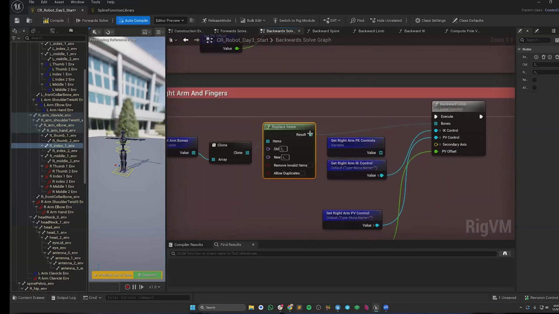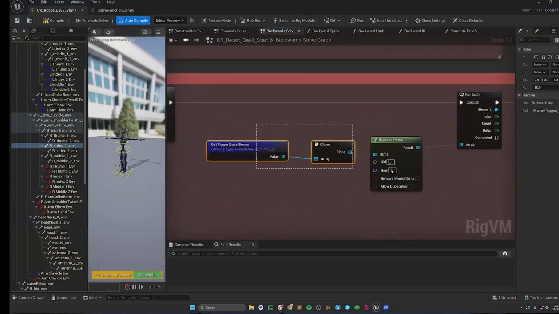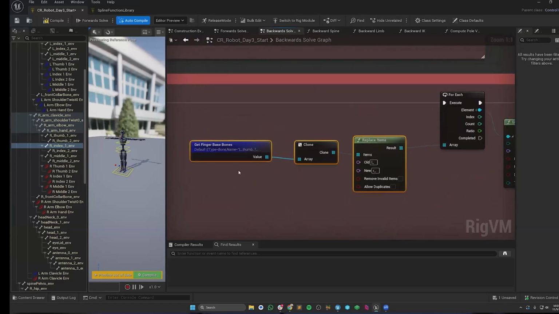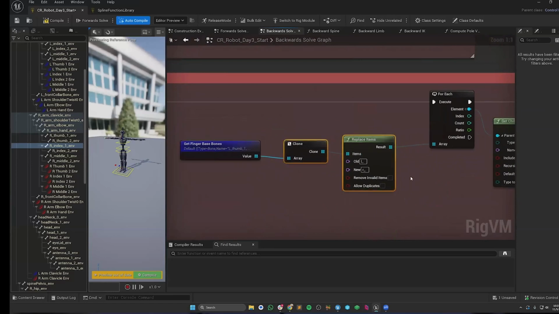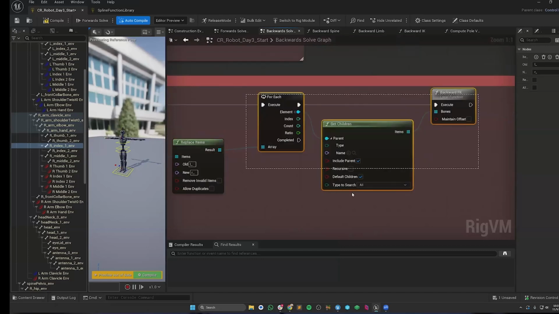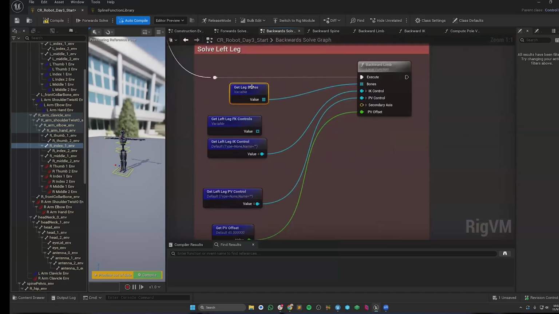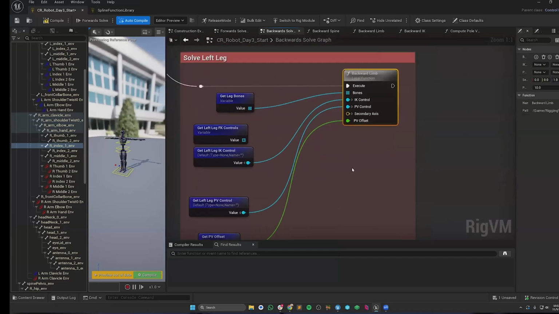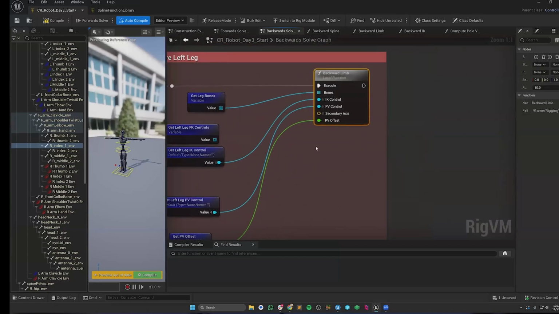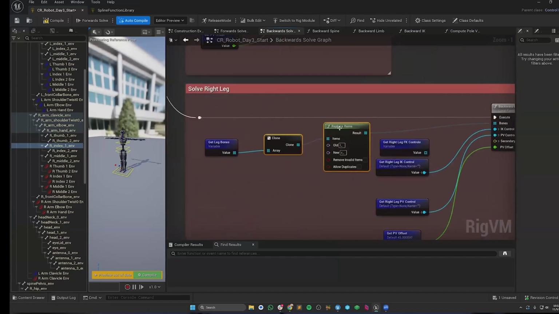And then he gets the opposite chain. He's getting all the right arm bones, and he's doing the same backward limb. And for the fingers, he's doing the same thing again, where he's just getting the fingers on the other side by doing a simple search and replace, and doing a backward FK on those as well. And then there's the leg. He's got the leg bones over here, directly inside the limb because we use the same function for the arms and the legs. And the same thing again for the right side, where he's getting the mirror